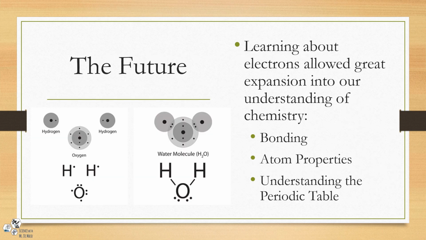So as I said, this allowed us to really start expanding our understanding of how atoms can bond with other atoms and how electrons behave and how we get the different properties of different atoms. It also led to a greater understanding of the periodic table. If we could truly understand the properties of different atoms and why they exist, we can organize the periodic table in a way based on how these atoms react, how they want to relate to other atoms on the periodic